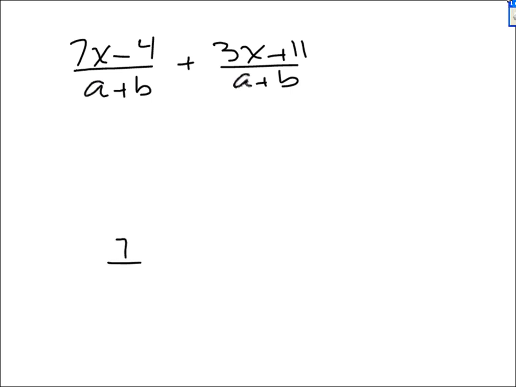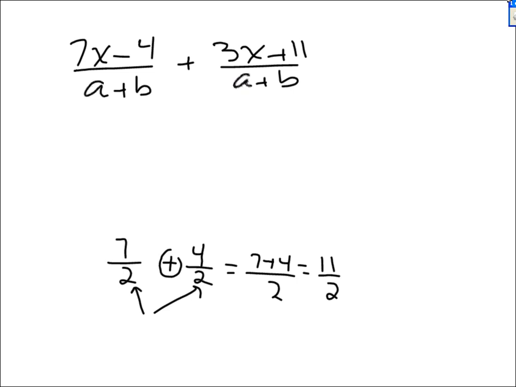If you had 7 over 2 and you want to add 4 over 2, in addition, if the denominators are the same, and they are, keep it the same. Keep it 2. And add the top. 7 plus 4 is 11. And there's the answer. If on the other hand, it was subtraction,